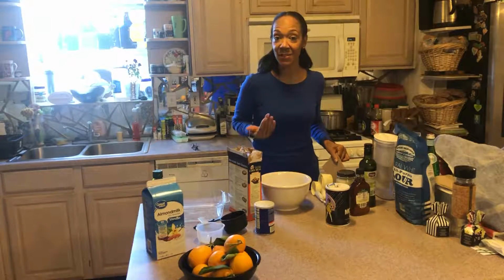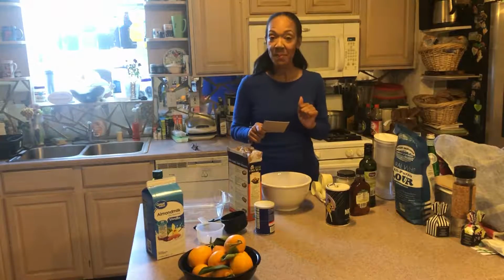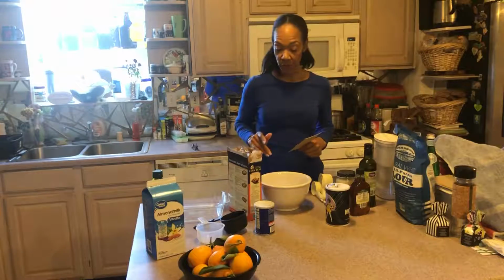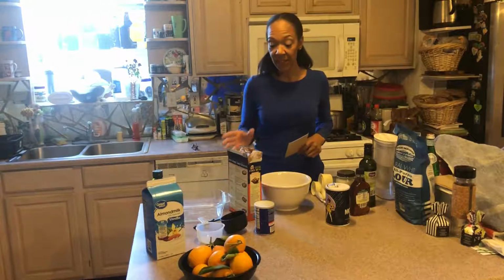Now what's really cool about this is I met a flight attendant who is vegetarian, but she does a vegan cornbread, and she was gracious enough to share her recipe with me, and so I'm going to attempt it. Now, I did have to change a few things because I couldn't find some stuff and I had to make